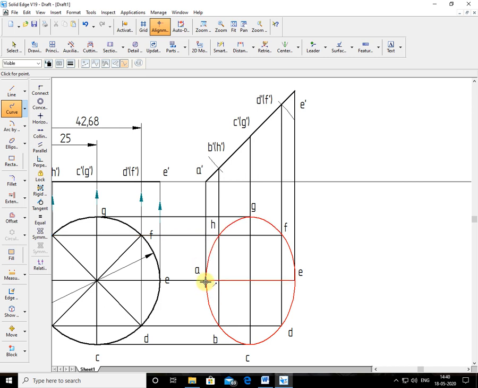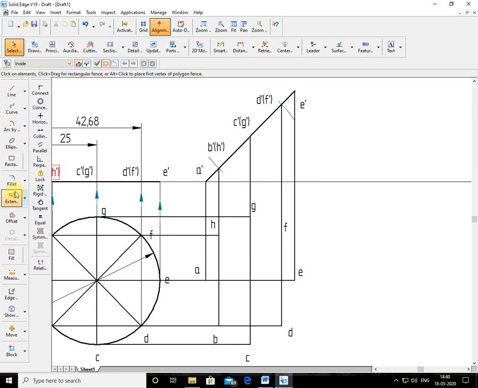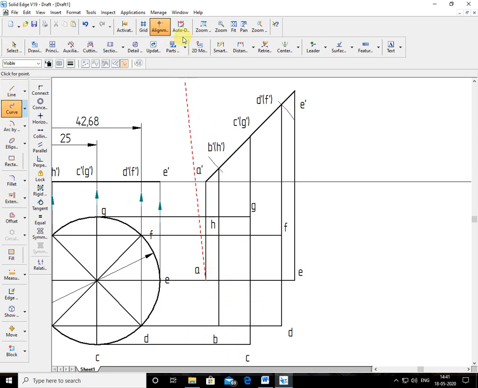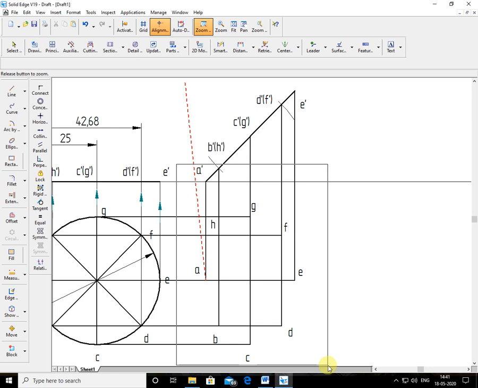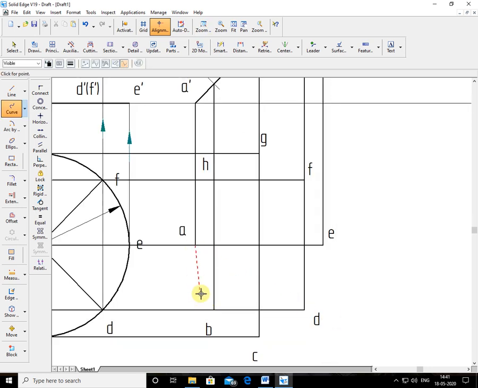Now it is drawn in that way only. I'll show one example here. What will happen? Now see here, I'll extend this line. So now see here, I take the curve command. I start from here, end of the point A. See end A, end B, end C, end D. This is also end. This is also end. This is also end. But see here, what is happening here?